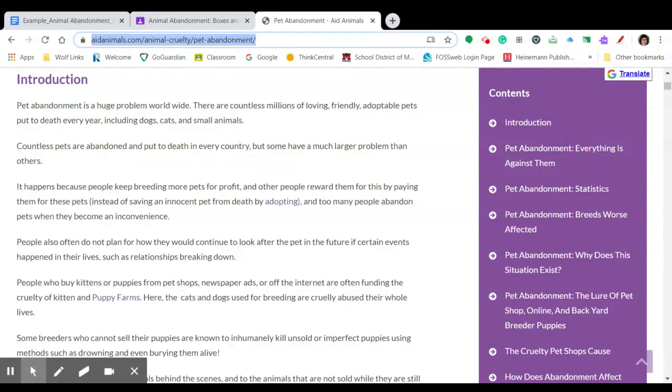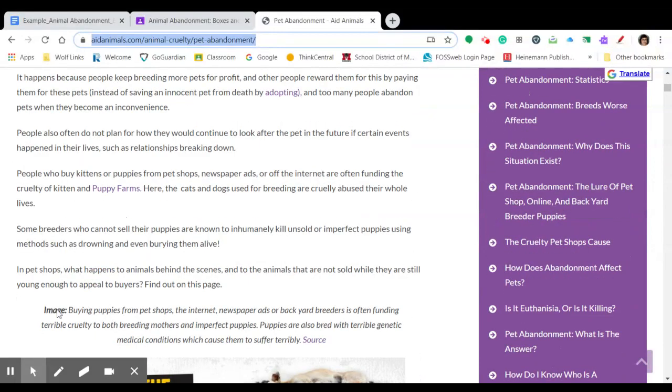People also often do not plan for how they would continue to look after the pets in the future if certain events happen in their lives, such as relationships breaking down. People who buy kittens or puppies from pet shops, newspaper ads, or off the internet are often funding the cruelty of kitten and puppy farms. Here, the cats and dogs used for breeding are cruelly abused their whole lives. Some breeders